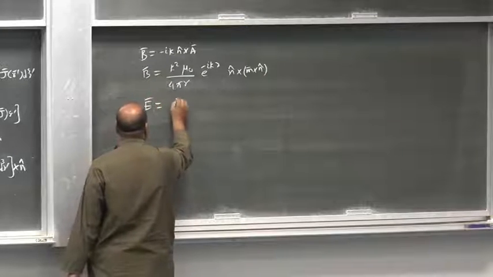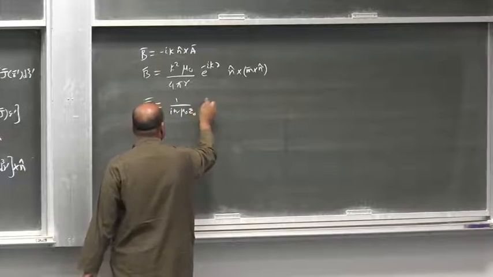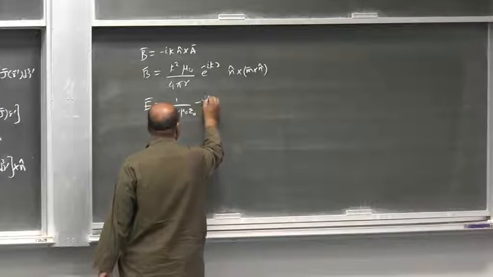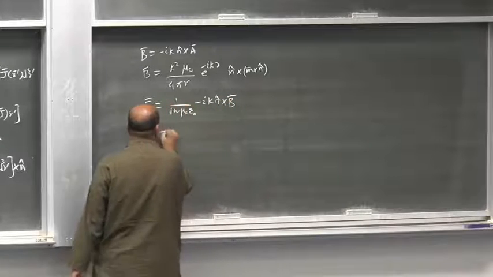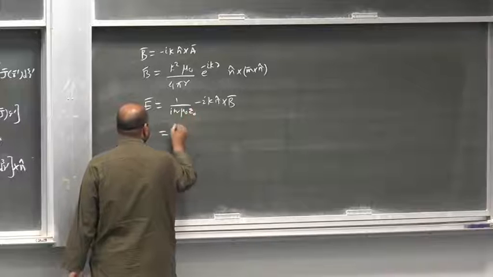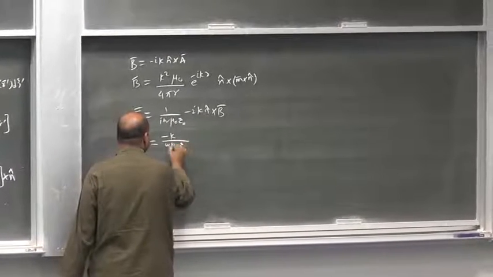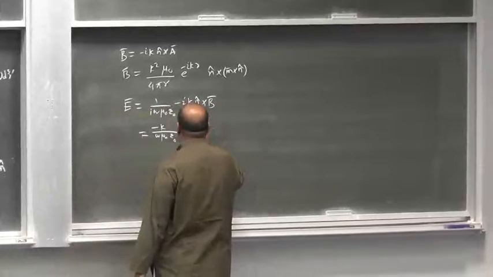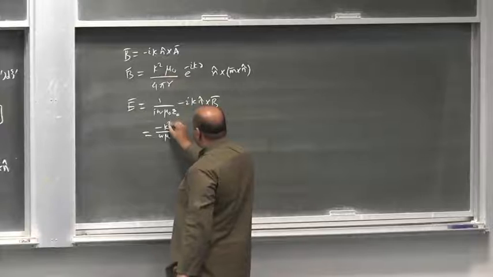E is 1 over iota omega mu naught epsilon naught del cross B, and del can be replaced with minus iota k n hat. So iota cancels, minus k omega mu naught epsilon naught. And what is n cross B? So we bring this here, so this becomes k cube